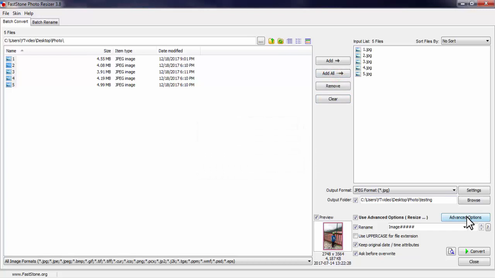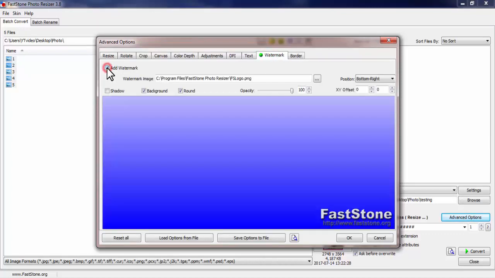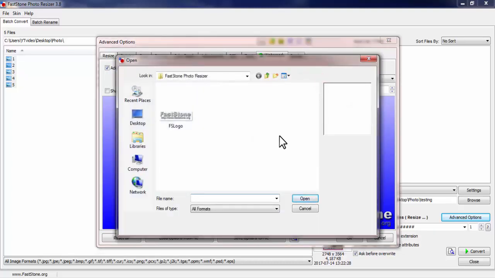Now press on advanced options. Now here press on watermark. Select add watermark. Now here we need to select the image or logo which we want to use as a watermark. I select my channel's logo.